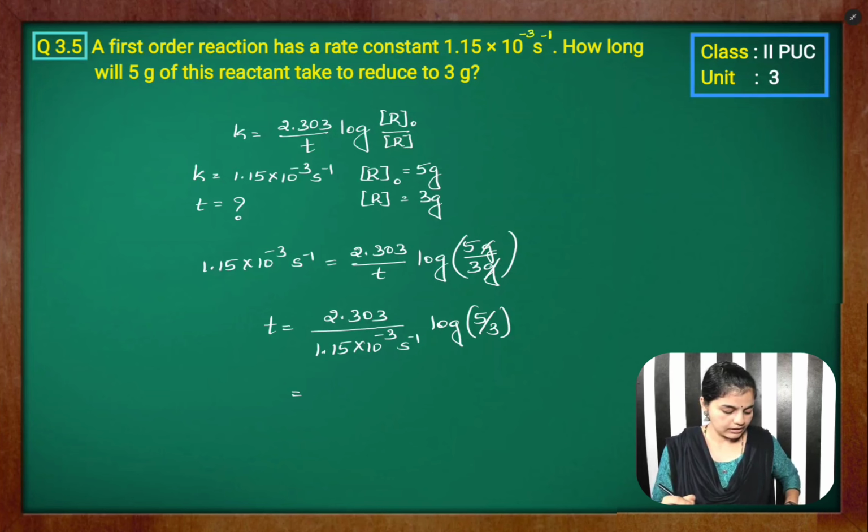Simplifying this, 2.303 divided by 1.15 is equal to 2.002, I'll consider it as 2, into 10 to the power minus 3. When it goes to the numerator, that will become 10 to the power plus 3, log of 5 by 3, that is